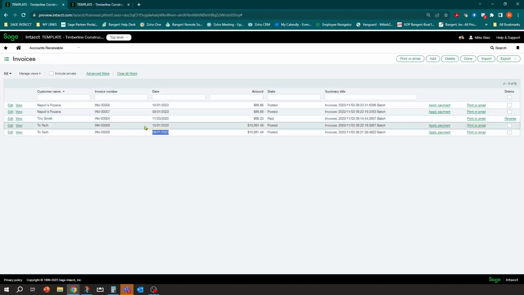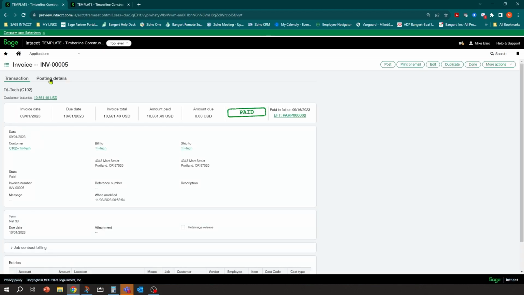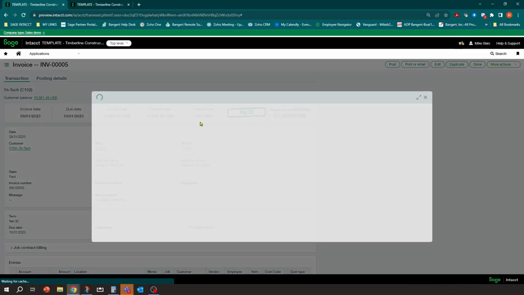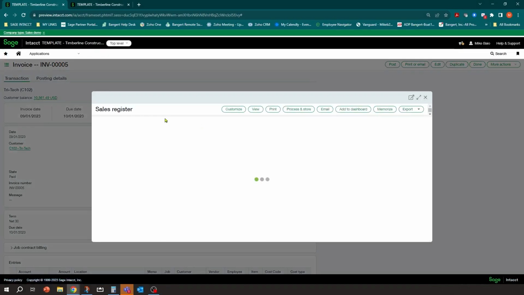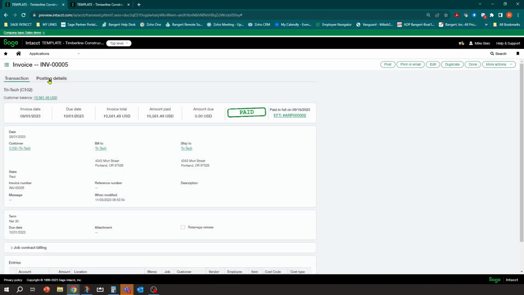And if we jump over to here, you'll also notice that if I do a refresh on this, we have one of these that has paid. And there's the payment. And if we want to go ahead and view it, we should be able to see that it's paid. And there's the EFT that it was paid with automatically in your system. And then there's a little register that you can run on that. And then you can see posting details.